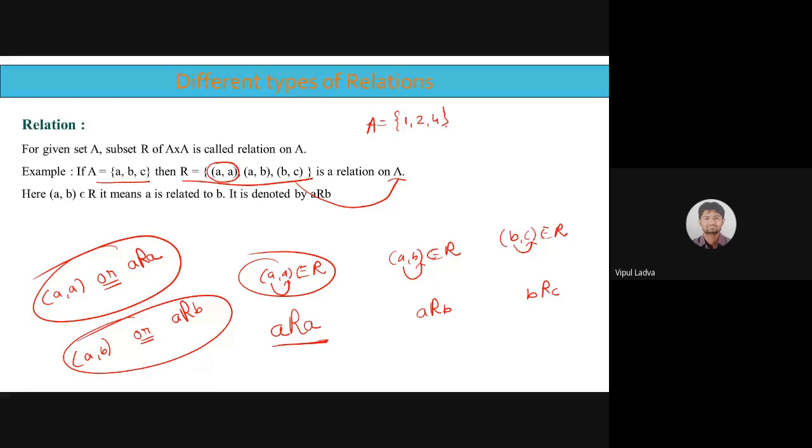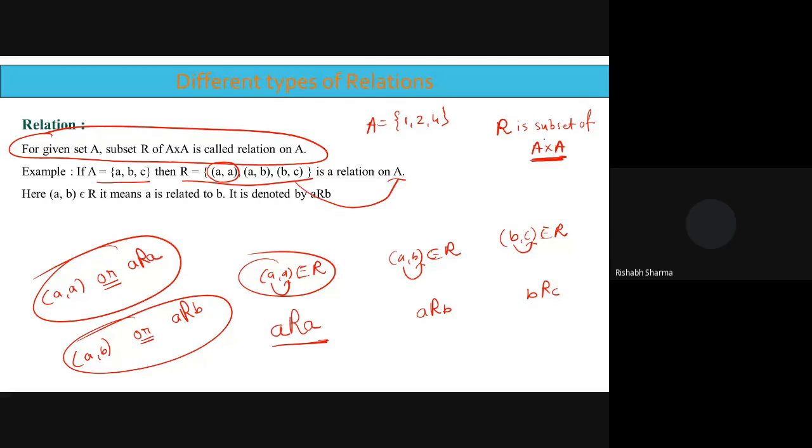ठीक है. ओके. अभी मैंने रिलेशन की डेफिनेशन क्या बताई. रिलेशन इज द सबसेट ऑफ, रिलेशन को हम डिनोट करेंगे R से. रिलेशन इज सबसेट ऑफ एनी सबसेट ऑफ प्रोडक्ट सेट ऑफ सेट A. अब सेट A का प्रोडक्ट सेट कैसे लिखते हैं. A क्रॉस A से लिखते हैं. इस A क्रॉस A का कोई भी सबसेट ले ले, दैट विल बी नोन एज अ रिलेशन.